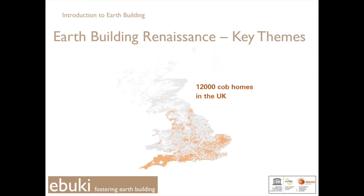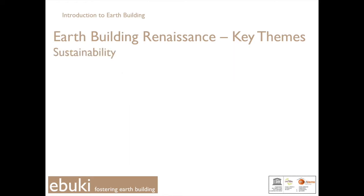So just quickly, a couple of key themes. We've just done a little bit of research which shows that there's 12,000 cob homes which have sold in the UK, well, in England and Wales, in the last 12 years. There's a lot of it there,